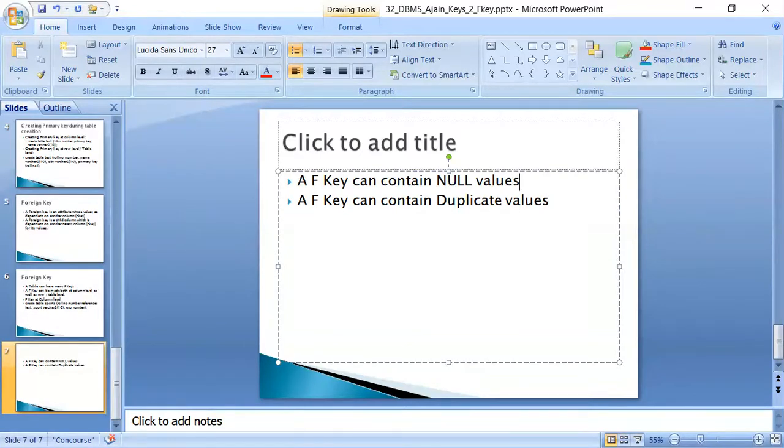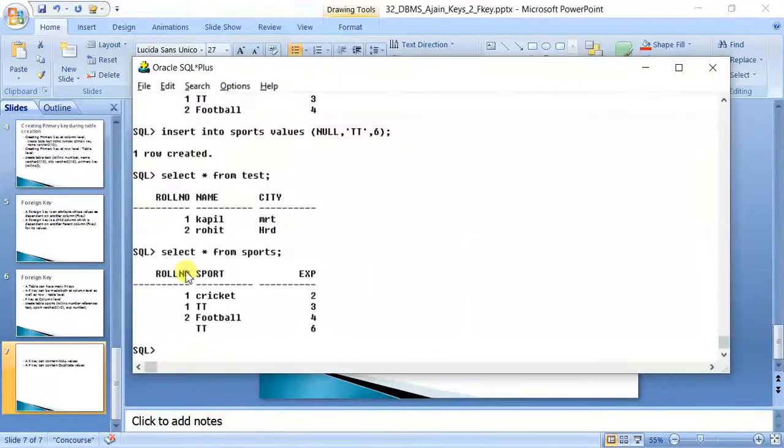Okay, although we can stop them by applying another constraint, in general a foreign key can contain null values as well as duplicates, as you are able to see. Here, roll number is a foreign key, but this one is allowed two times. Similarly, this null is allowed, but here in the test table, roll number 1 will not be allowed to repeat.